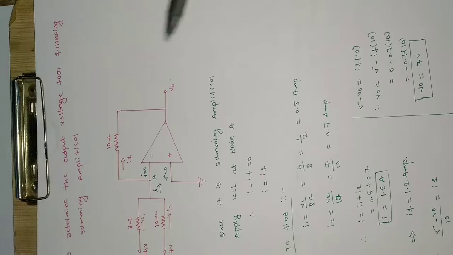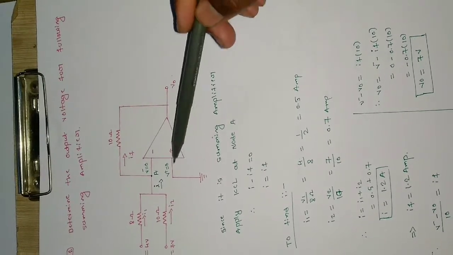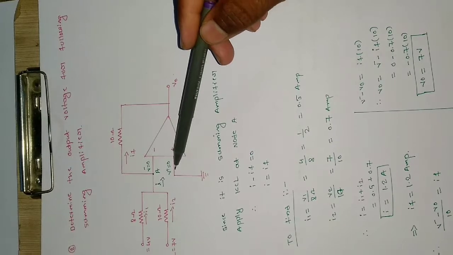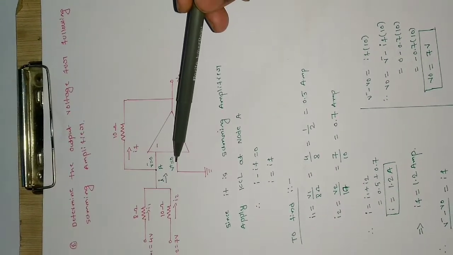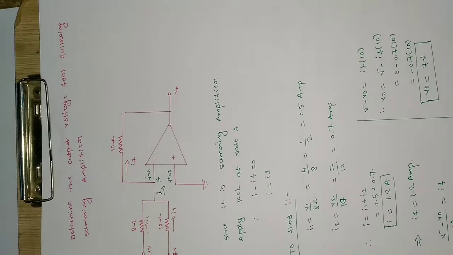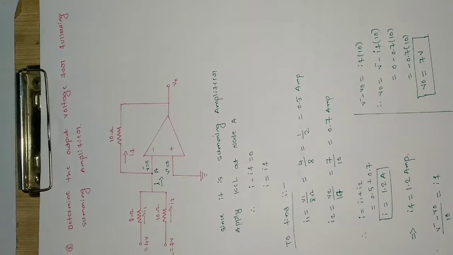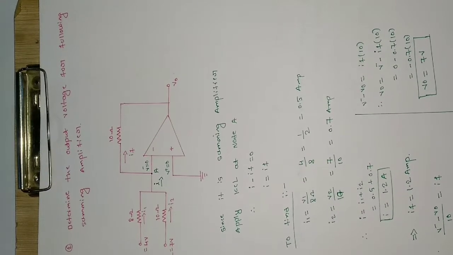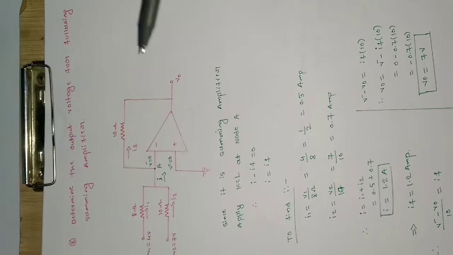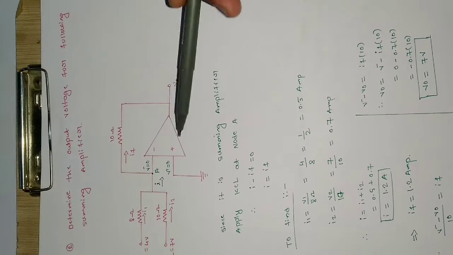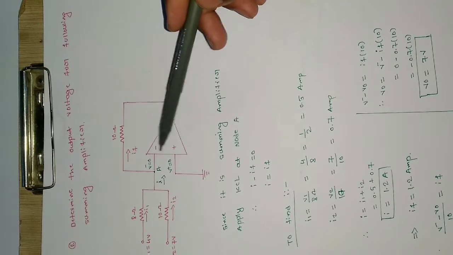So I will just mark some voltages here. As the non-inverting terminal is held at 0 again here, the voltage at this point will be equal to 0. So V plus will be equal to 0, and due to the virtual ground effect, I am repeating this, guys. If you are solving problems on operational amplifiers, then please keep in mind two golden rules. That is, no current flows in or out of the operational amplifier, and the operational amplifier always tries to keep the voltages at both terminals, inverting and non-inverting, equal to each other.